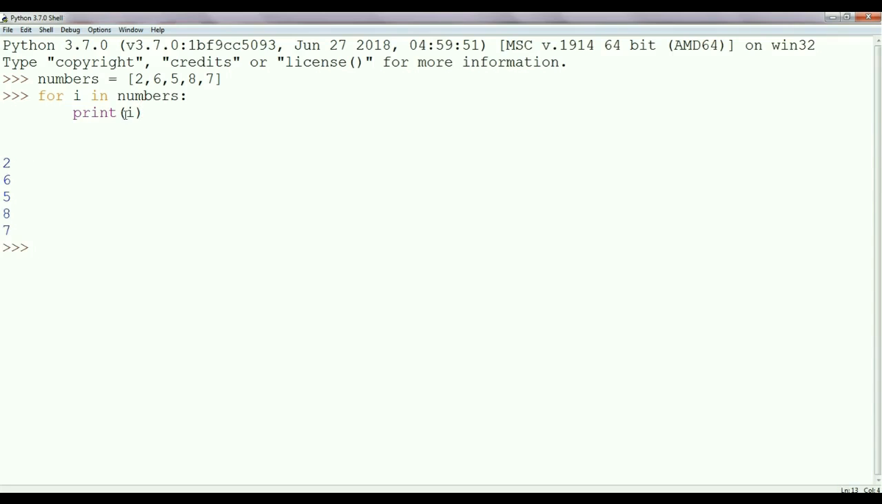So you maybe tried this before also, right? But have you ever thought how it works internally? This loop is going through these elements one by one, and that process of going through elements one by one is called iterating through a loop. So Python internally uses the built-in function called